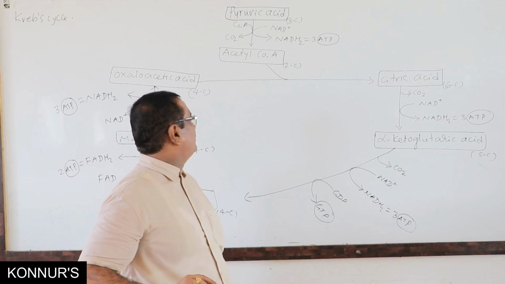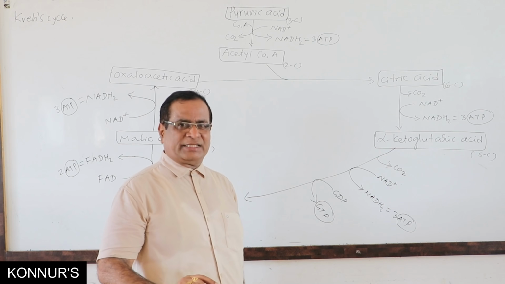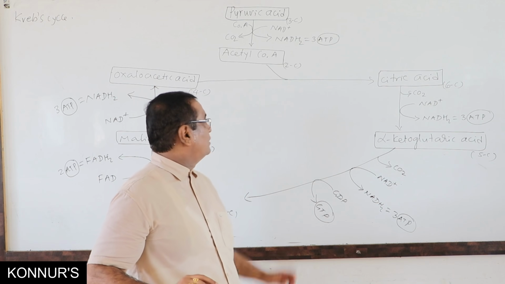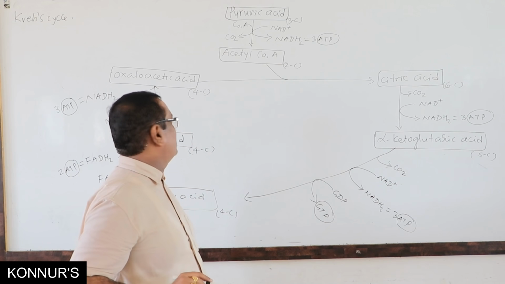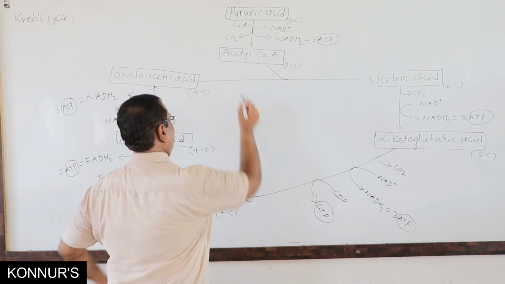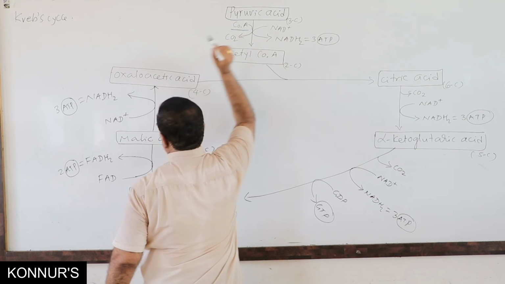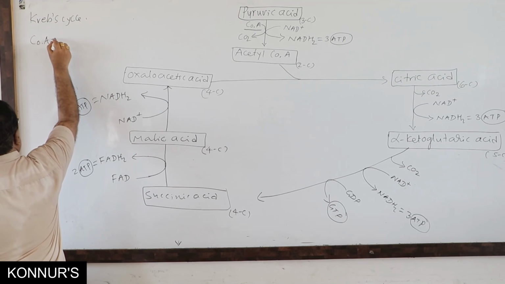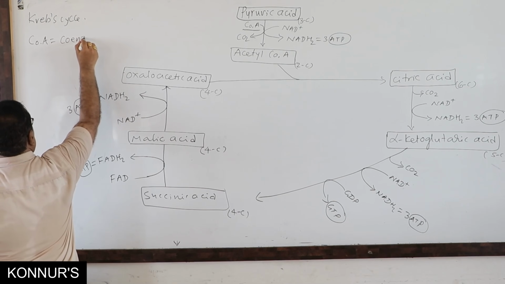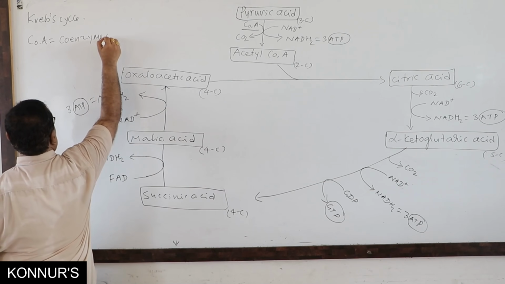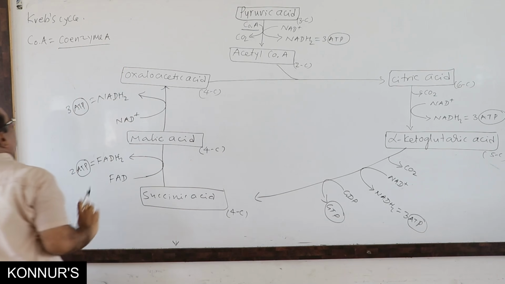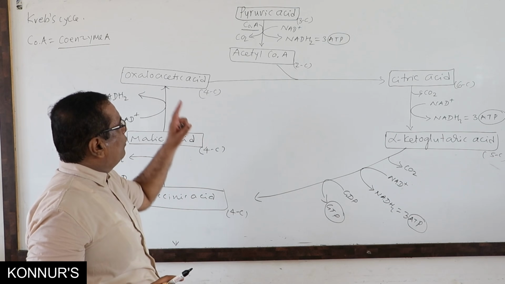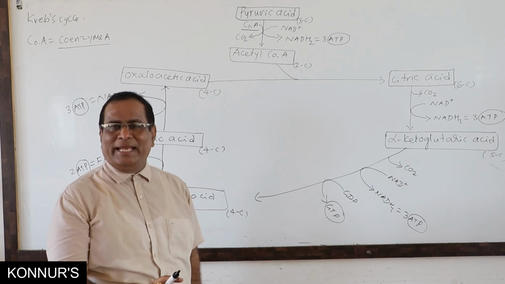Pyruvic acid, in its first step, reacts with coenzyme A. This is coenzyme A. When it reacts with coenzyme A,